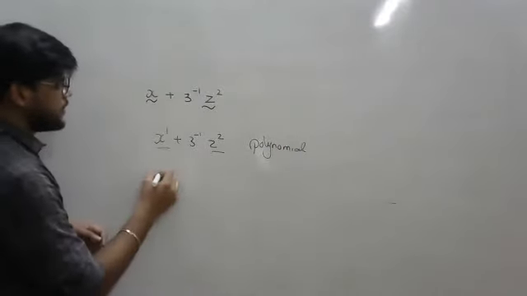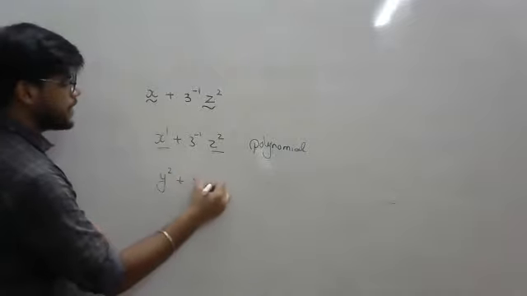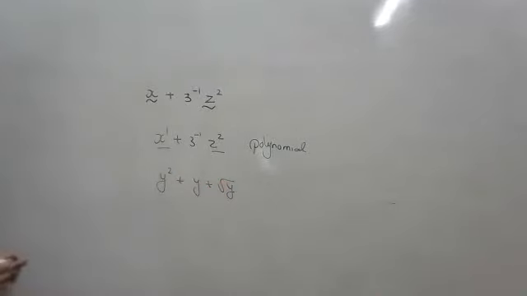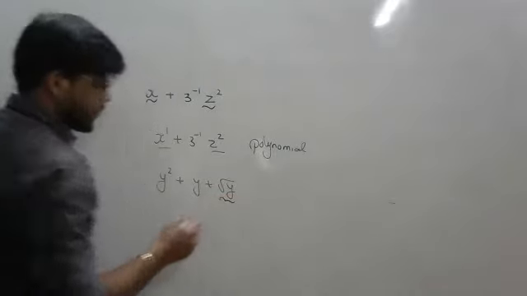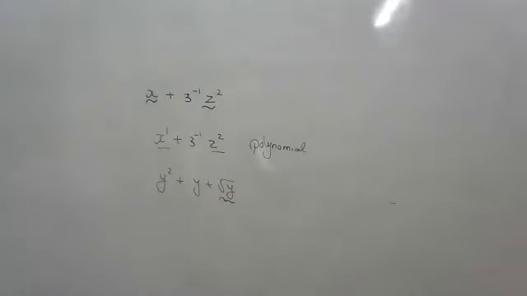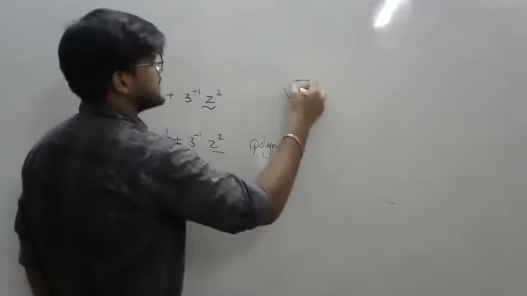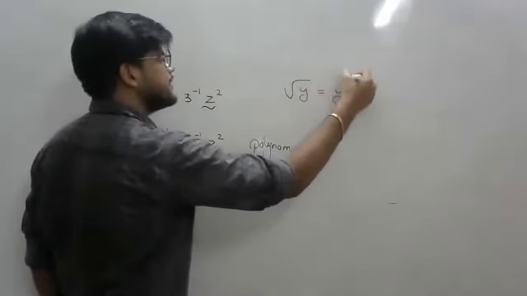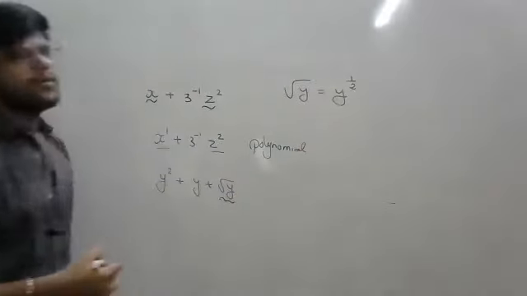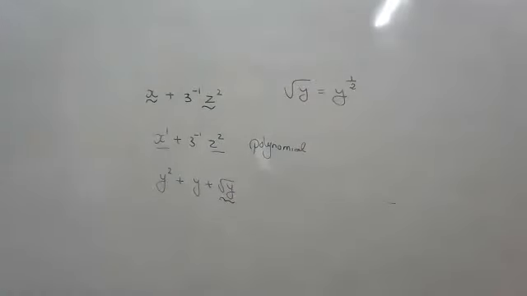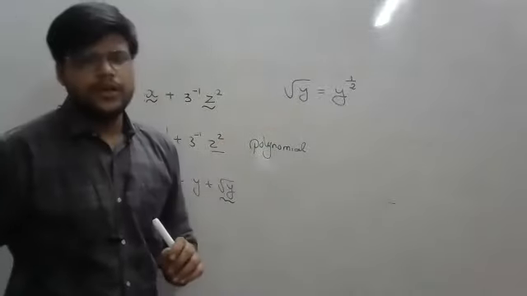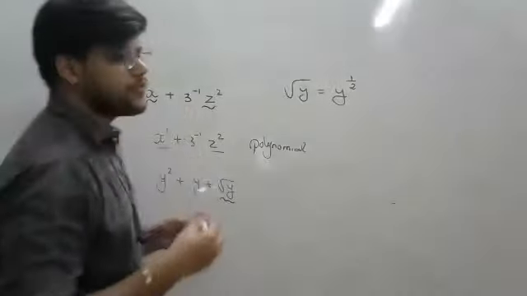So now if I have y square plus y plus under root 1, what do you think? Will it be a polynomial or not? Yes, sir. Let's understand what we mean by under root, square root. Under root or square root actually means that the power is 1 upon 2. The power of the variable is 1 by 2. Please, you need to understand this sign carefully. Those who are not aware, please listen carefully.